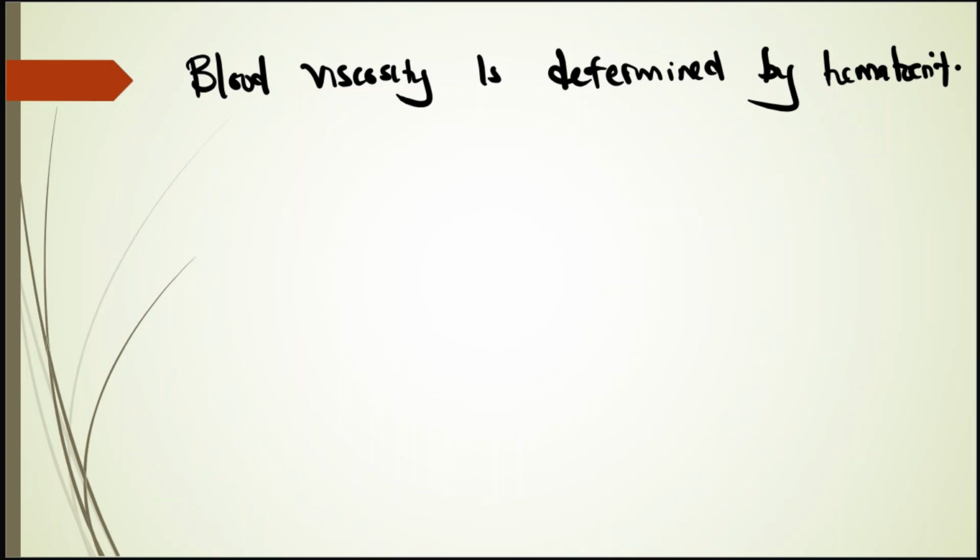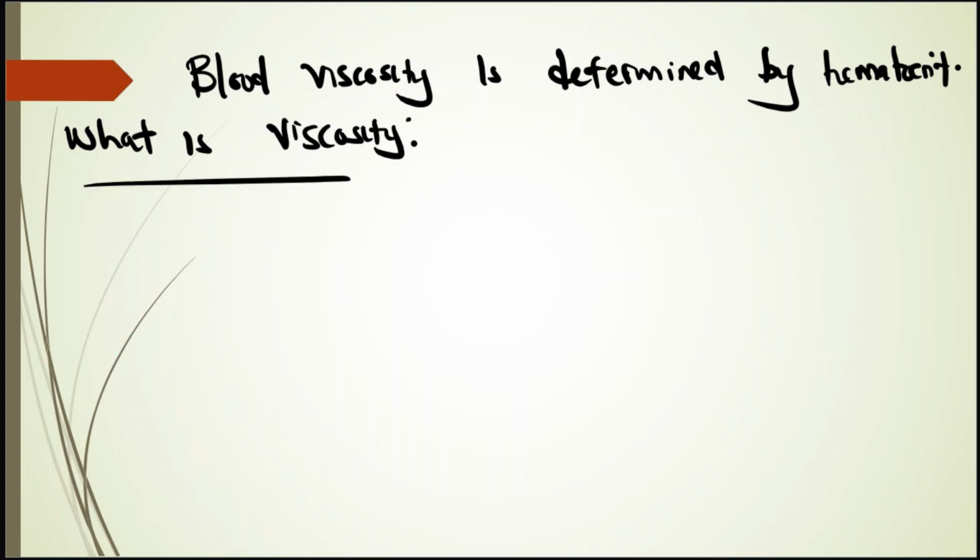Okay. What this means is that, okay, so before I explain this, you might want to ask, what is viscosity? So viscosity is just resistance to flow. Resistance to the flow of a fluid